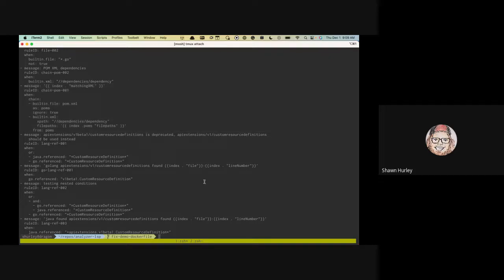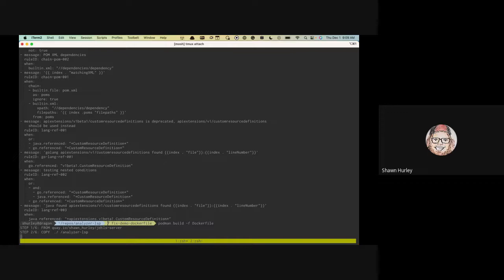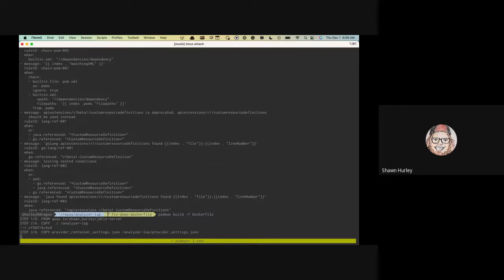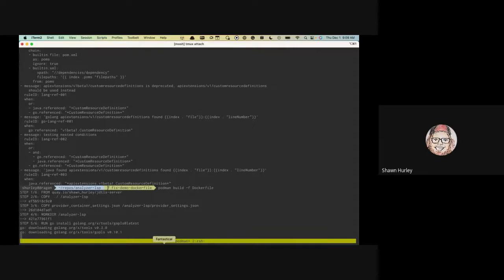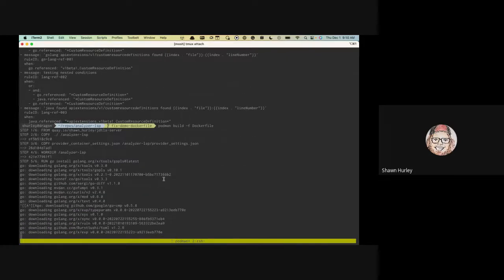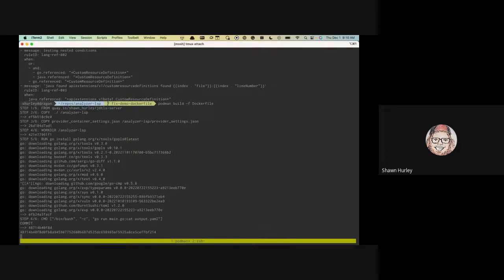So if we go ahead, I think I need to build it. If you want to run this demo on your own, you can do that. You're going to have to run these steps. I don't think we have them documented yet, but I will make sure that they're documented before the end of today. So run the Dockerfile and the main repo, and then if you want to see how it runs, you can run the image that's created.